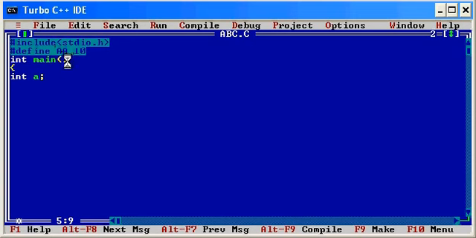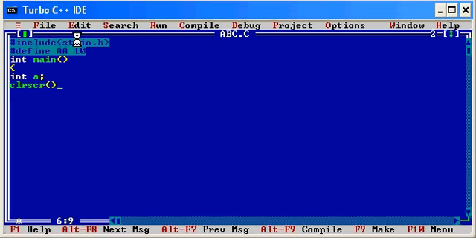It is necessary, because it will be easy for you to recognize that you have made use of a macro expansion in this program. This AA is called the macro template, and this 10 is called the macro expansion. This is a constant. The value of AA will never change in this program.